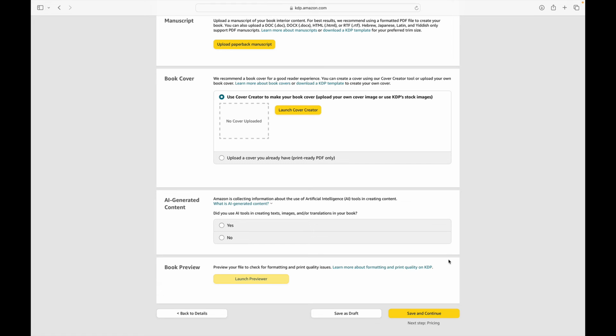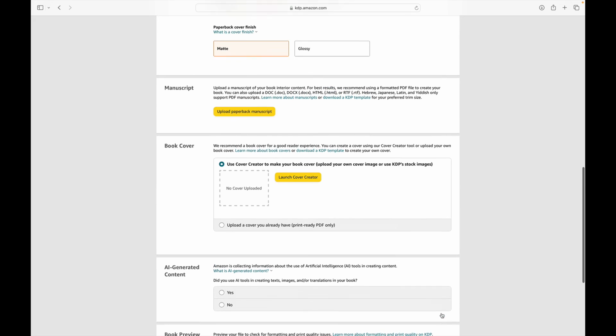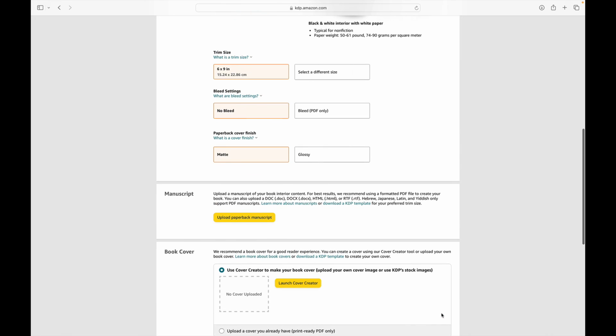But the other benefit, and the reason that I kind of call this a loophole right now, and I think we might only have a short period of time before they tighten the screws on us here, is because so far I have been able to publish more than 3 books at a time when I've used this process. So while I can only put 3 books at a time into draft mode, I have successfully pushed through at least 5 books at a time in one sitting, all the way to the end of save and continue, hit pricing, and the book is now in review.